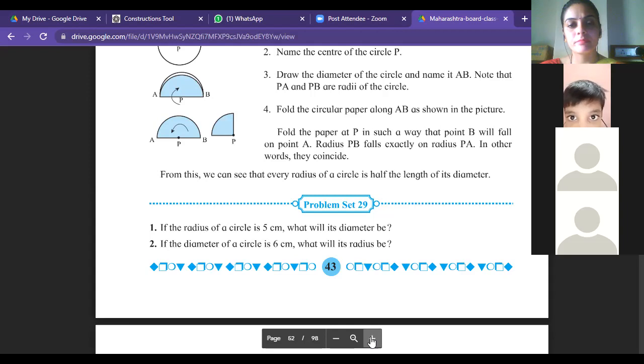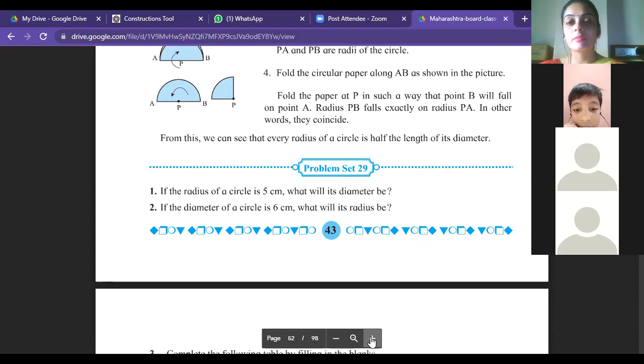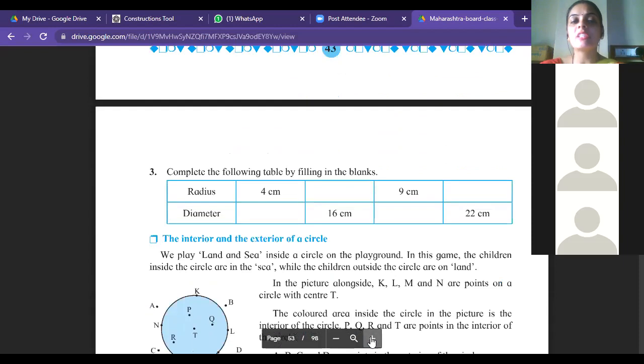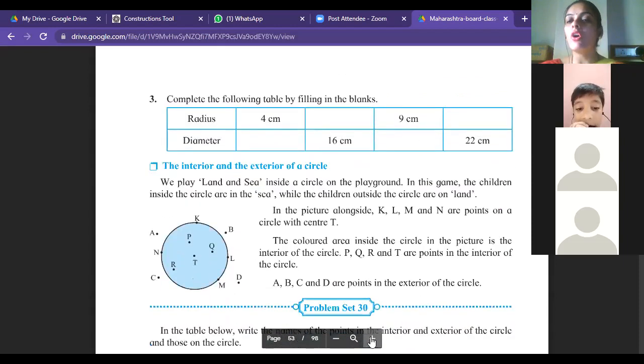Teacher, आवाज break हो रही है. Okay. I am reading a question from the problem set 29. If the radius of a circle is 5, then what is the diameter? Teacher, 10. Very good, Ali. Only you are giving me answer. Where is Bhavya? Where is Kedar? I don't know. So this is your, again, the homework.